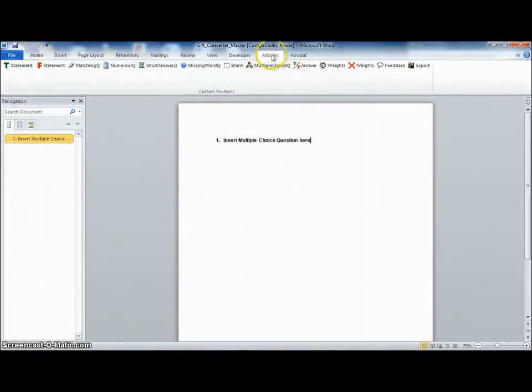Up in the ribbon you can see that I've already selected add-ins, and this is where your quiz choices are going to be located. It's going to default first to a multiple choice question. You can always change that out to a true or false or matching, but I'm just going to leave it for time's sake. So you go ahead and enter your question,